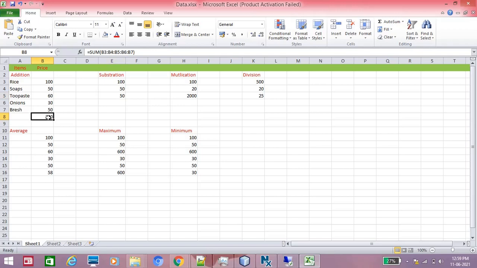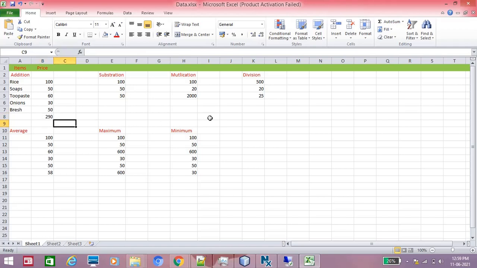Next addition, equal to SUM. For that, just select all the values, then we can easily find the sum, count and average. Or otherwise you can use the formula equal to SUM with all the row values with the field name, B3 colon B4, 5, 6, 7. Then you can easily find the sum of all the rows.